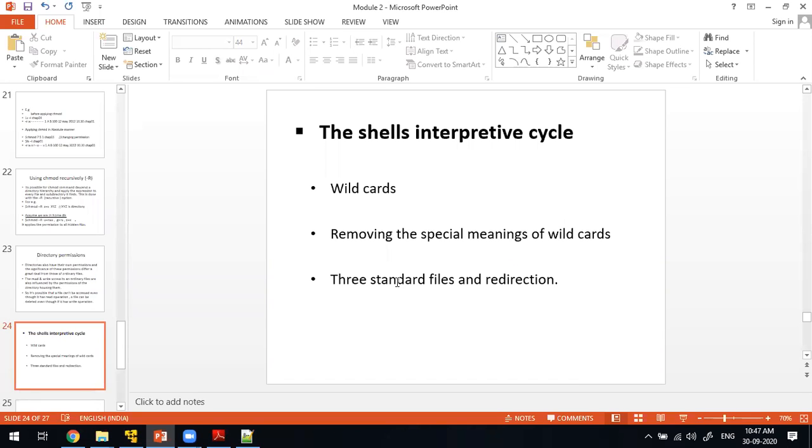I used the word shell in the beginning of the module. And also, what is this command interpreter? How exactly does this shell execute the command? What are wildcards? What are the three standard files and what is the redirection operator? All those things we are going to discuss in this chapter.